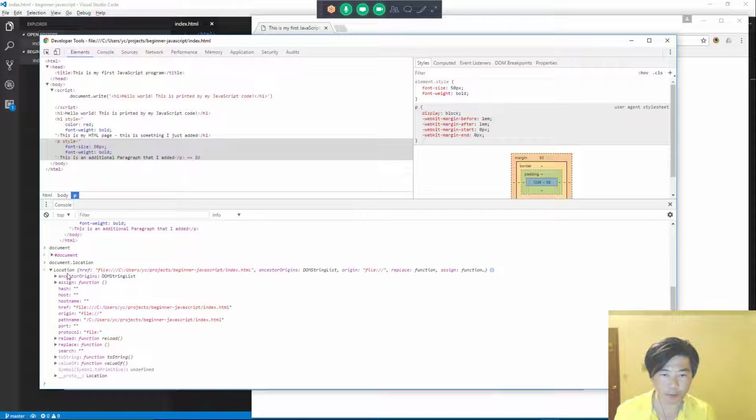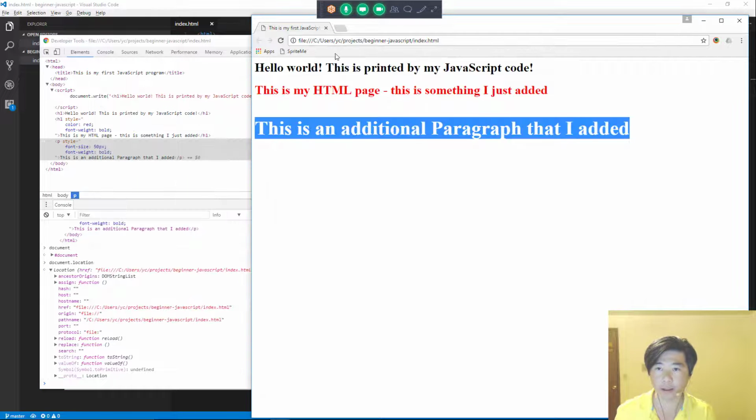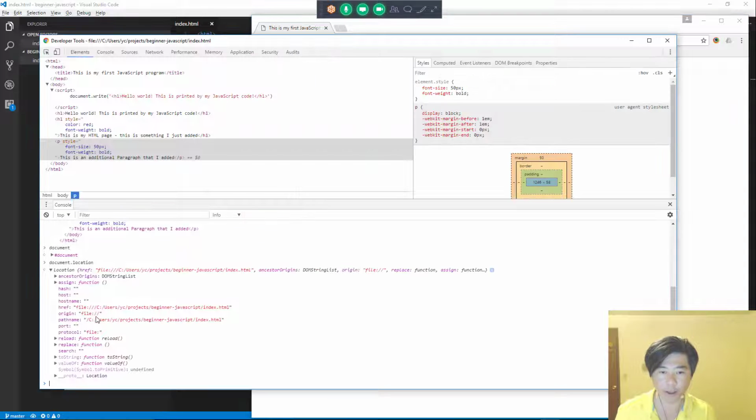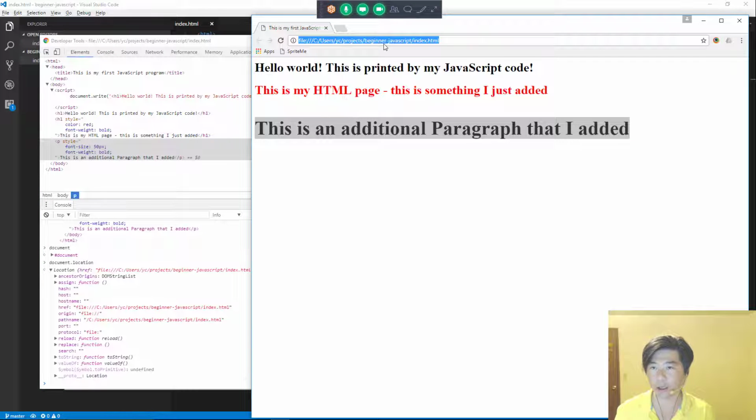The most important one for the location is that it's pointing to this string right here. This string is the value of this location, which belongs to a property called href, which stands for hyperlink reference, and it says file C users YZ project beginner JavaScript index.html, and that matches exactly